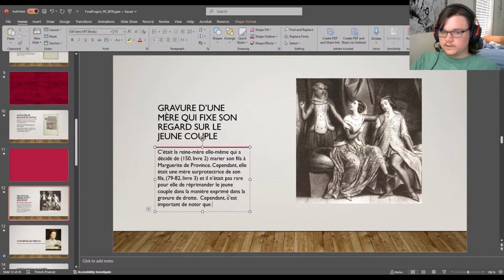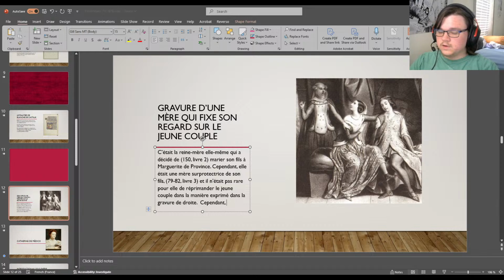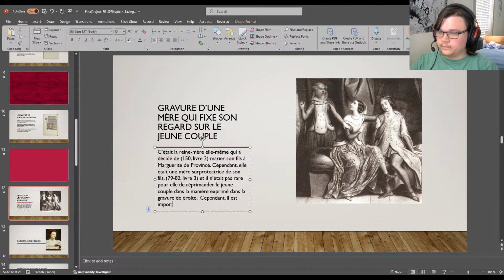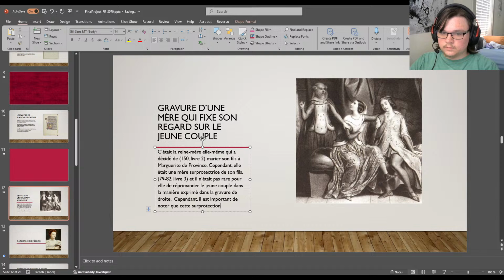Okay, sorry, I'm just looking at this translation. I'm not going to directly copy it, but I just want to see how I would even... Oh, okay, you would not use c'est, I would say il est important de noter que cette surprotection